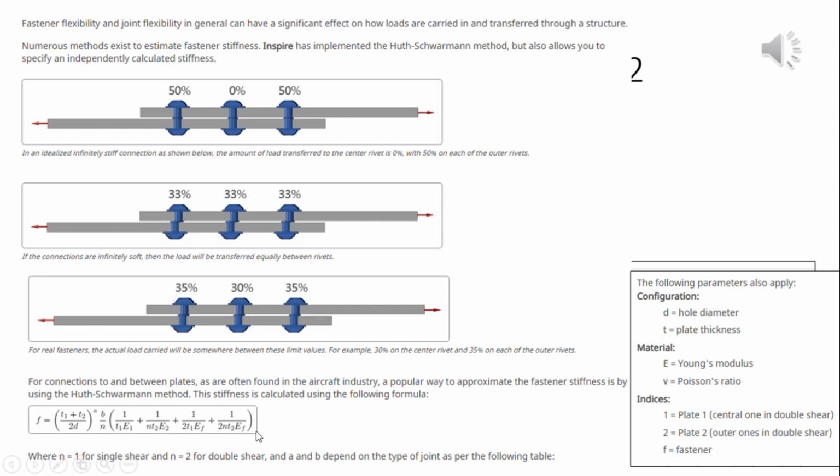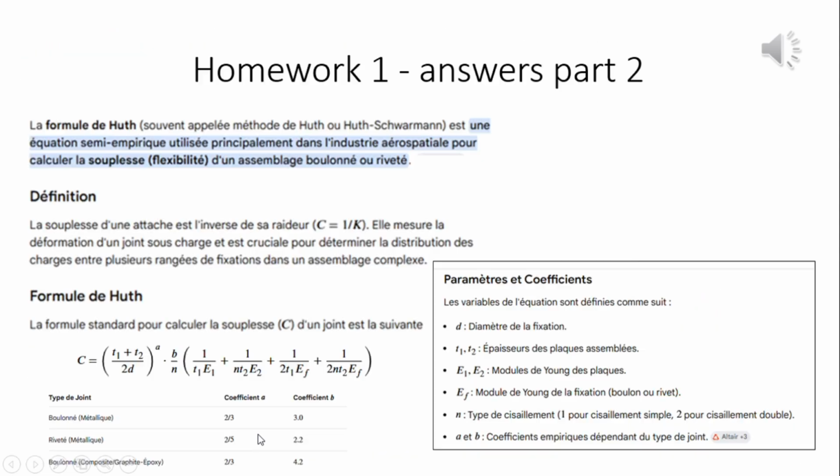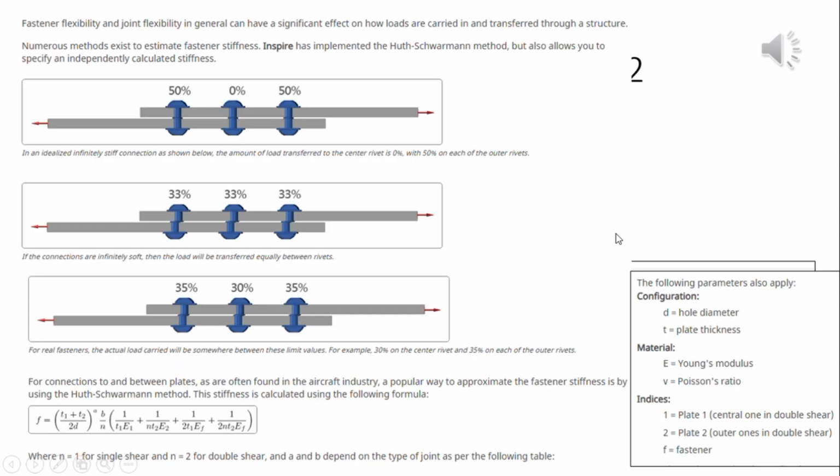Where n is equal to 1 for single shear and n is equal to 2 for double shear, and a and b depend on the type of joint as per the following table. You see the table below this one, and we come back to the formula. The following parameters also apply: in the formula, D is the hole diameter,